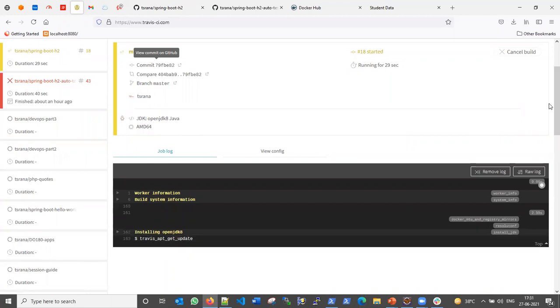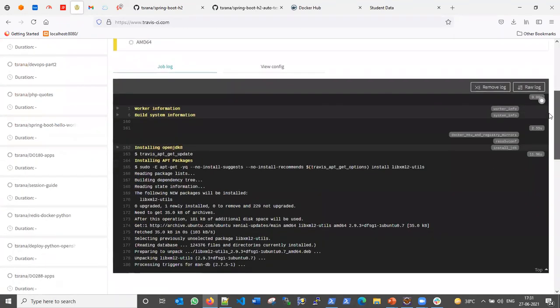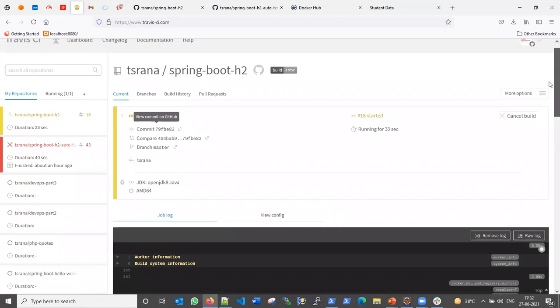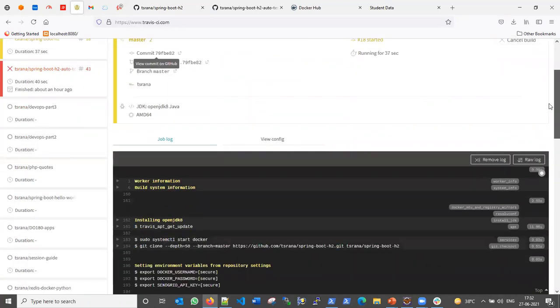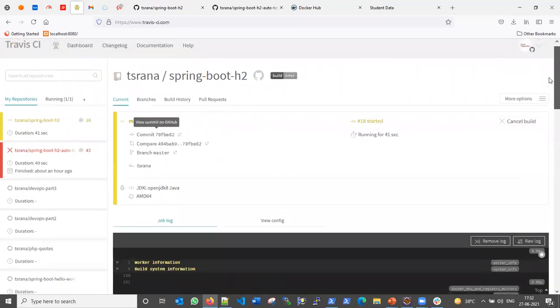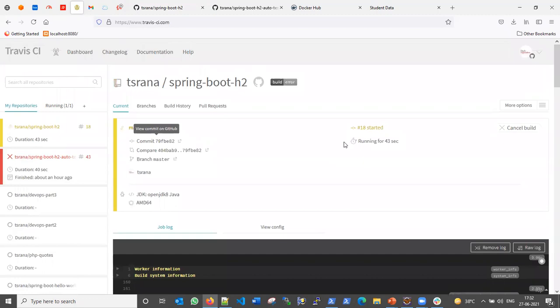Then the build has started. It will take around 4 to 5 minutes to complete, because there are too many things it is going to do. Since it is a Maven application, it will take some time to get all the dependencies and then build.